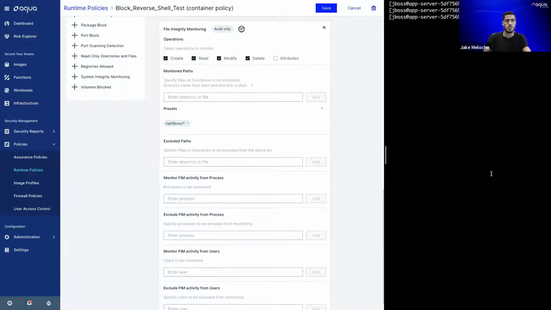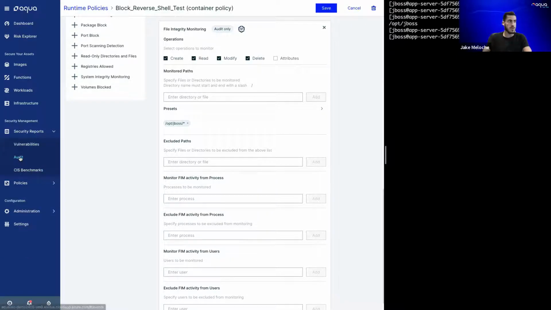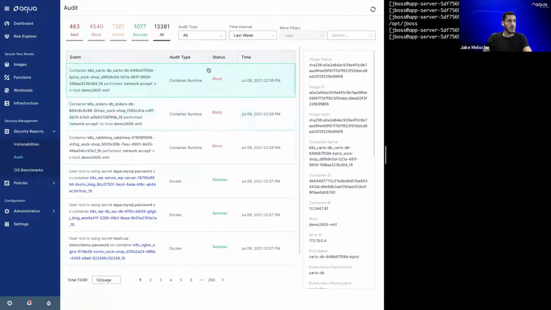So I'm logged into one of my containers here, and if I were to run pwd to get my working directory, we can see it's /opt/dbos. Now in my file integrity monitoring control, that is the preset that I am monitoring for anything inside of that directory. Now, if I were to try to make a directory called Jake, we can see that that action gets performed. And if I were to come to my security reports and see the audit, we can now see that